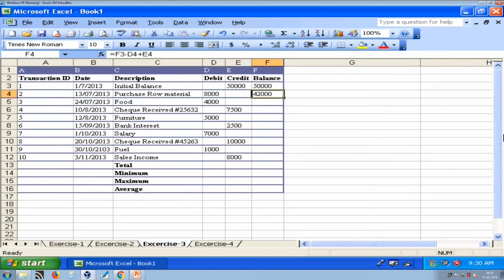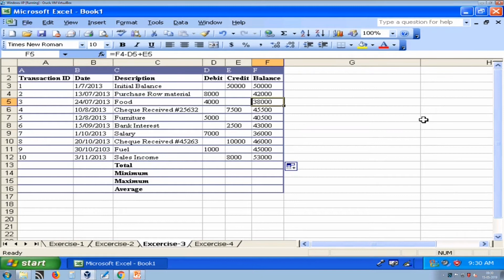So, you will get 42,000. Now, we already know that we do not need to write down the formula for every cell, you just have to drag it down from the right bottom. So, automatically all balances are computed.